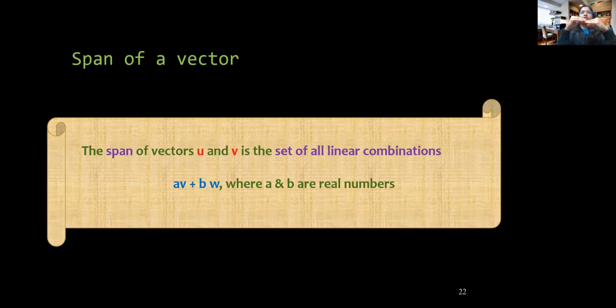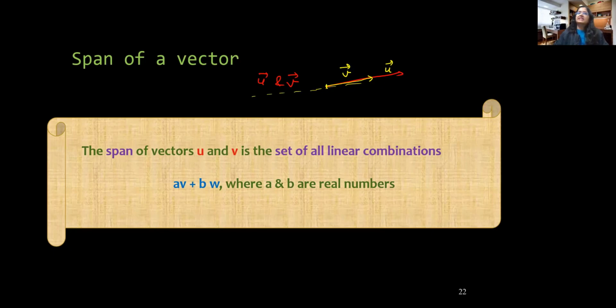So when are the situations when we are stuck in lower dimensions? Can you imagine? We have seen in that animation that when u and v were on the same line, for example, this is my u and this is my v, then we were stuck. Whatever combination we were using, we were stuck on this line. So the span was the line here instead of all the points in the space, right?